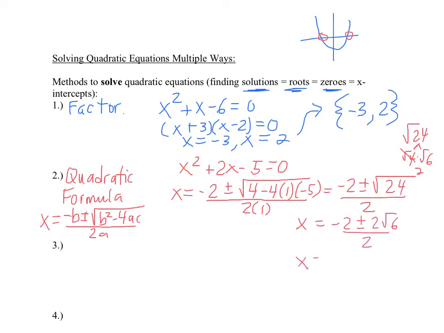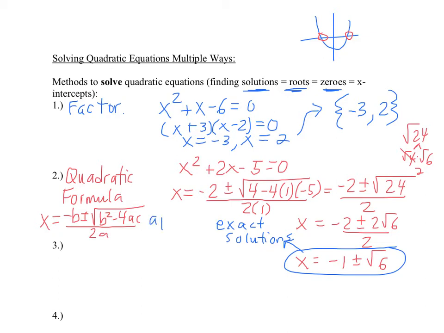Take it a step further. You can divide 2 into each of these terms. So negative 1 plus or minus radical 6. Now these are known as exact solutions. Jot that down, please. Sometimes a question will ask for the exact solutions, or the exact roots. If we wanted an approximate solution,